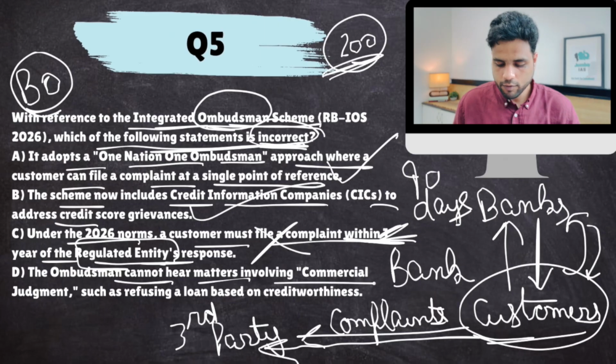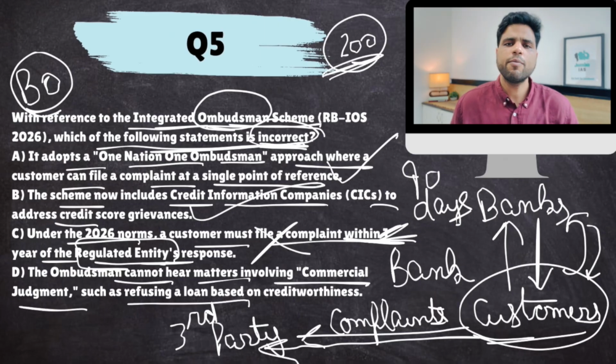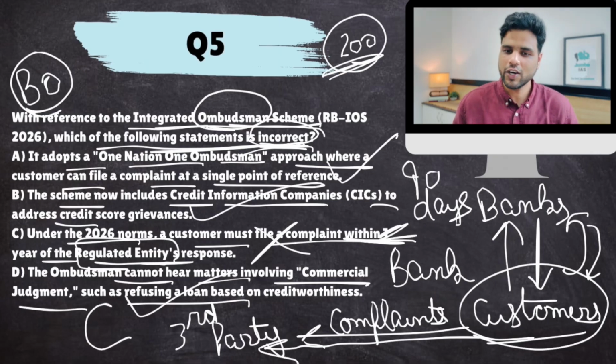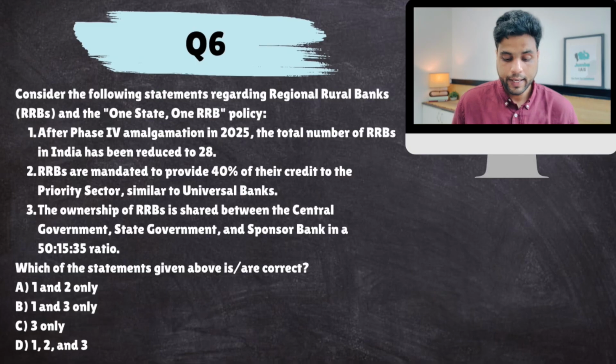The ombudsman cannot hear matters involving commercial judgment. Yes, if a bank refused you a loan based on your poor credit score, you can't file a complaint with the ombudsman. So this part is also correct. The incorrect statement is C. The answer is C. All right. Okay, next. Consider the